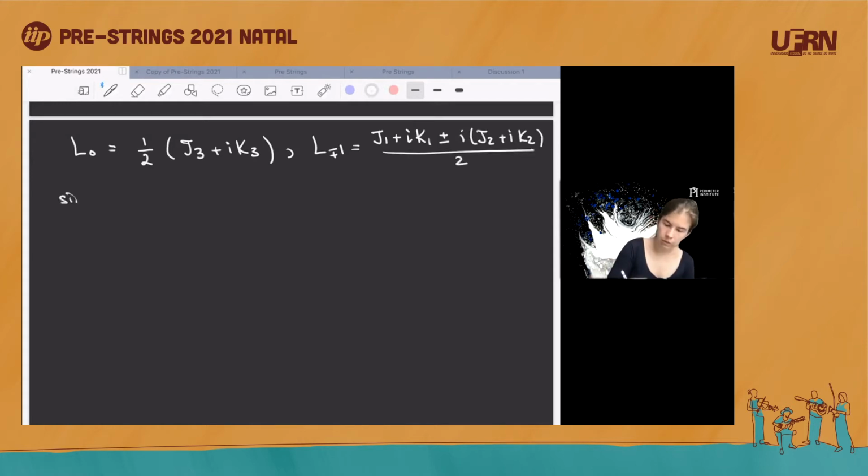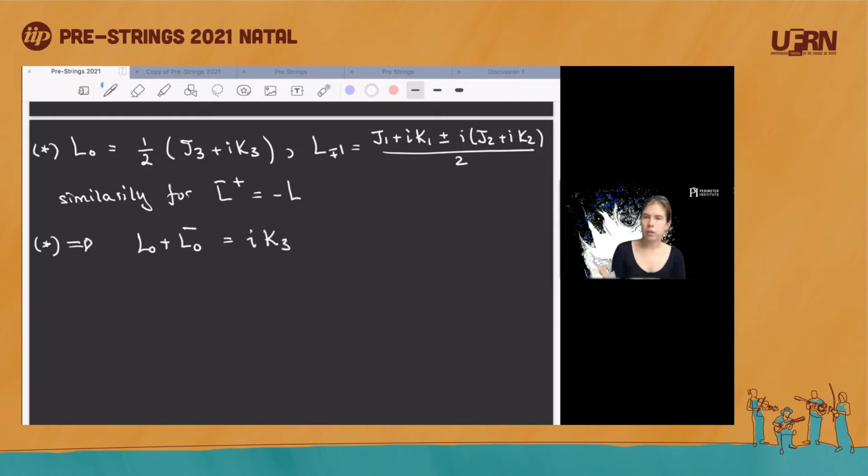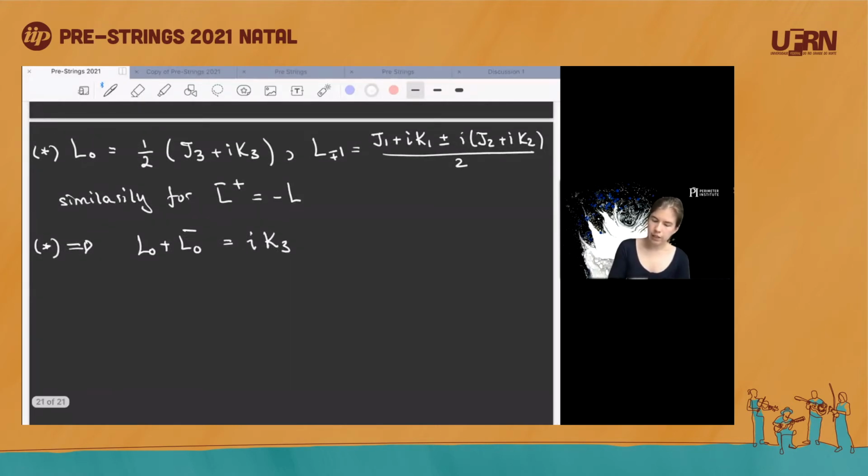And similarly for L bar, which is such that L bar dagger is minus L. And so now we see from these expressions that L0 plus L0 bar is proportional to a boost in the 3 direction. So we want to diagonalize this operator in a way that's consistent also with the wave equation. But for now, let's just notice